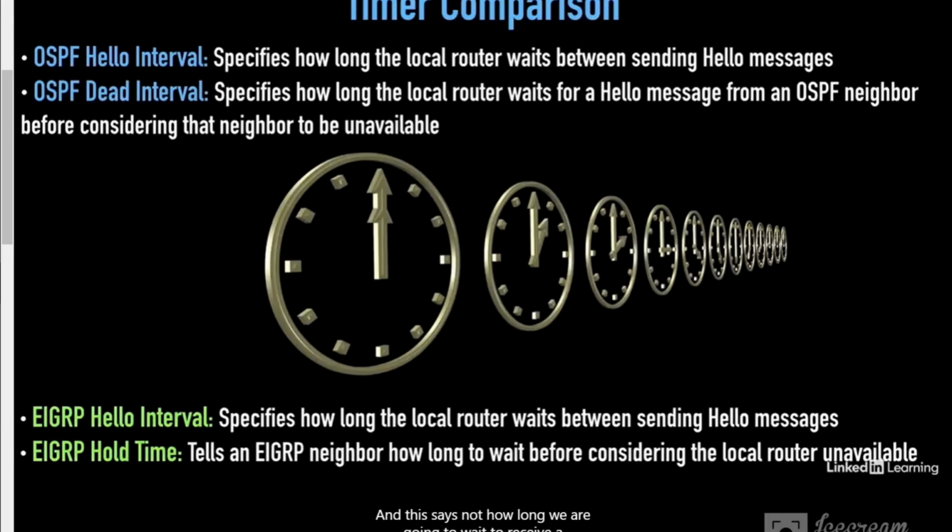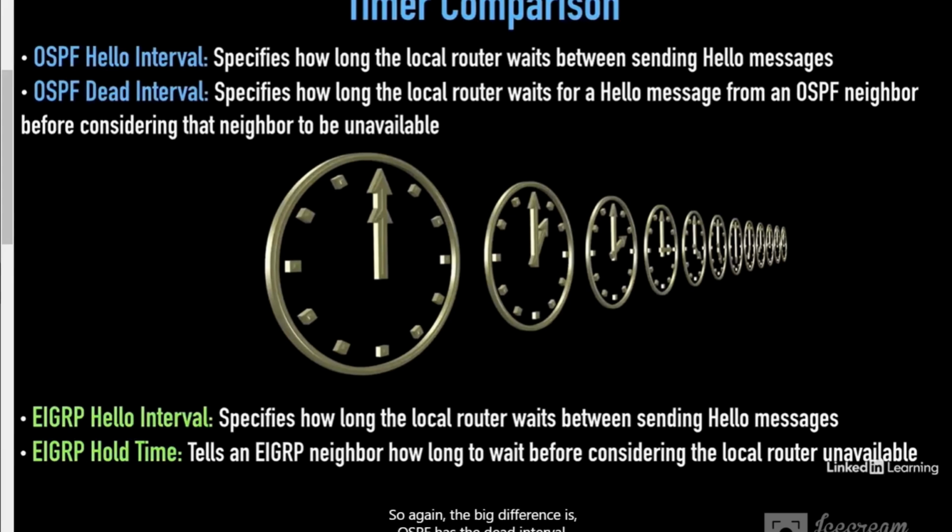And this says not how long we are going to wait to receive a hello from our neighbor. This is information that we send to our neighbor. We're telling our neighbor, wait for me for this long. If you don't hear from me for this duration of time, consider me to be down. So again, the big difference is